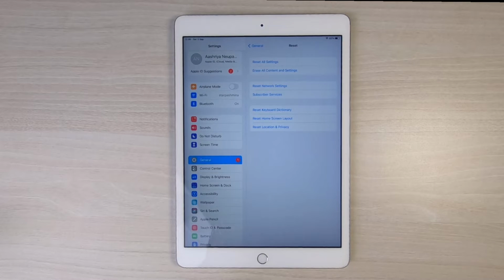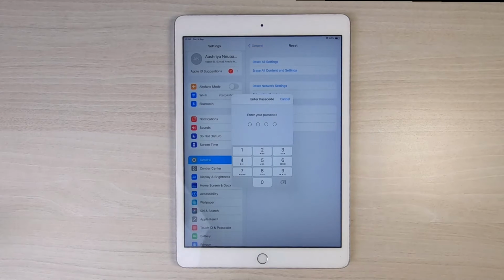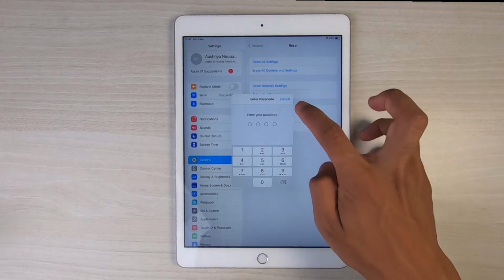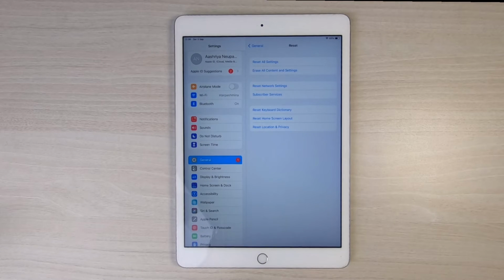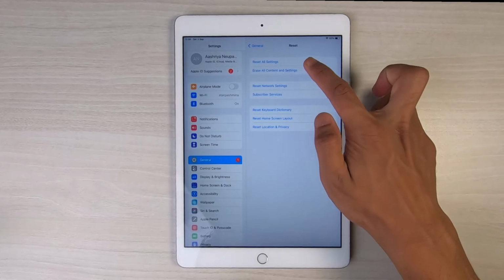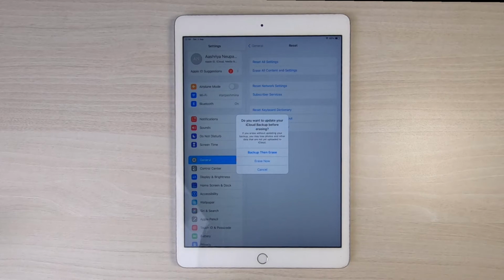As you tap on reset, before you try to factory reset it, you could also go ahead and try to reset all of the settings which you have. In that case, go ahead and try to reset all of the settings with your passcode. But if you want to erase all content and settings and hard reset it and remove everything from your iPad, in that case you can tap on erase all content and settings,